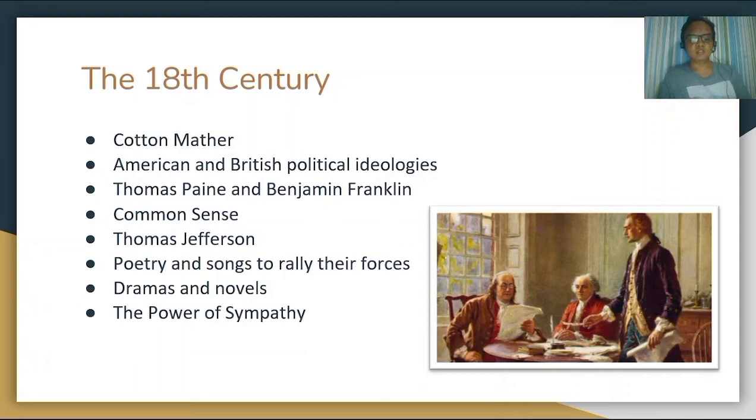Dramas and novels of historical significance were written in the years leading up to the end of the 18th century. Though theater organizations had long existed in America, Royal Tyler's Contrast was the first professional American comedy. The Power of Sympathy, by William Hill Brown, the first novel to be published in the United States, was written